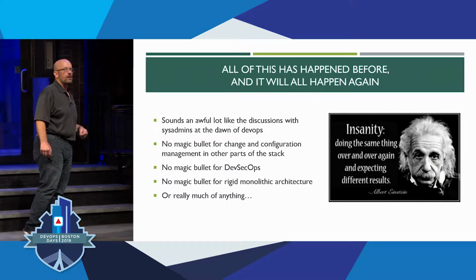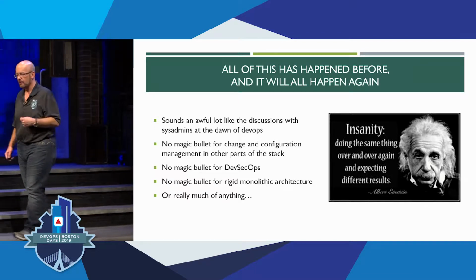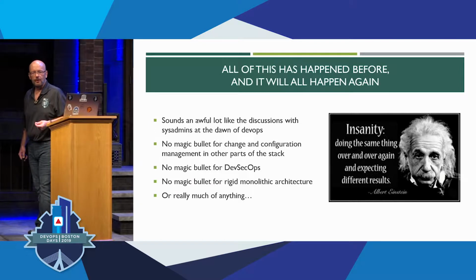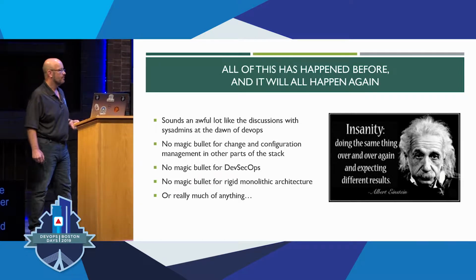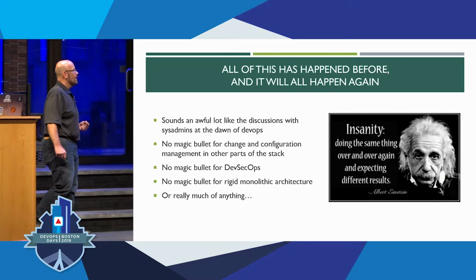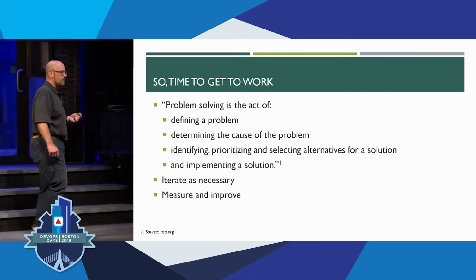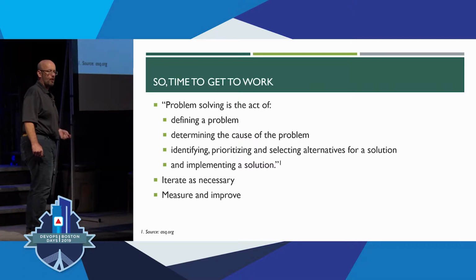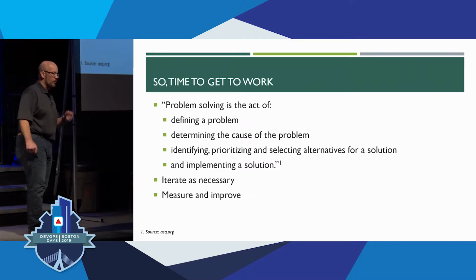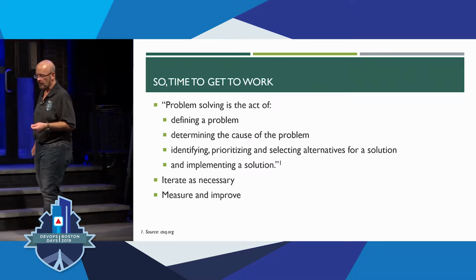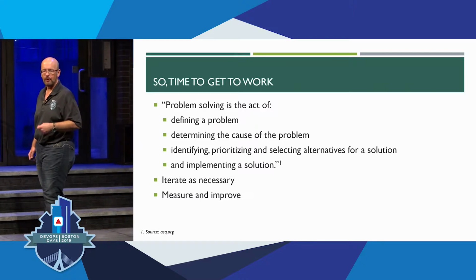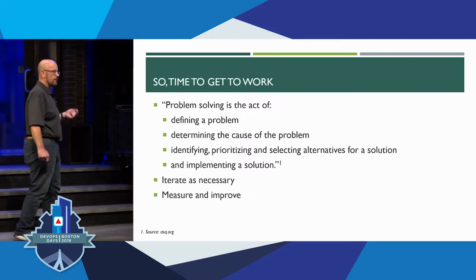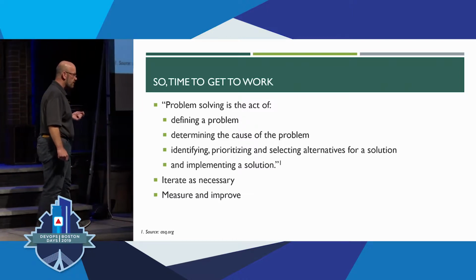There's no magic bullet for tearing down those monoliths integrated at the database level, giving proper APIs so they can communicate. And, bad news, it's engineering. There's no magic bullet for any of this stuff, right? So at the end of the day, it comes down to buckling down, making sure we have a good definition of our problem and where our primary bottlenecks are, starting to build and implement some solutions, working through it, measuring our outcomes, improving, iterating, and getting better so that we can get this bottleneck out of our way.